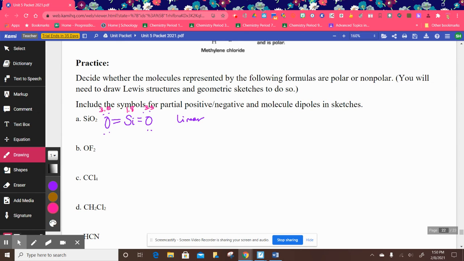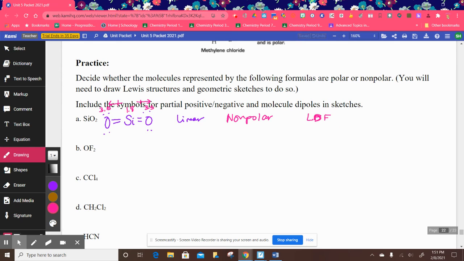Okay, so the oxygens are pulling with equal strength and in opposite directions on these shared pairs of electrons. So they cancel each other out, which means overall this is a non-polar molecule. And if it's a non-polar molecule, that means the strongest type of intermolecular force between other SiO2s, if I had a whole bunch of SiO2s together as a pure substance, these would all have London dispersion